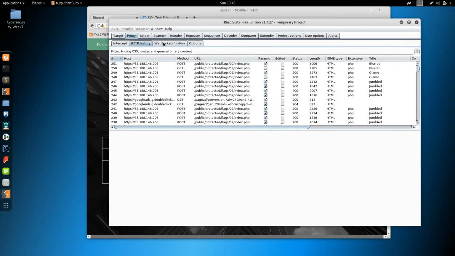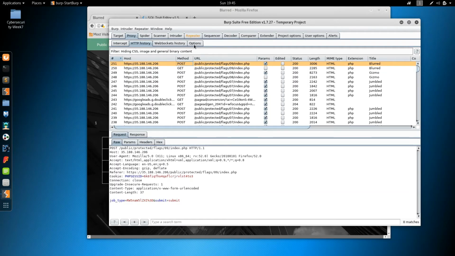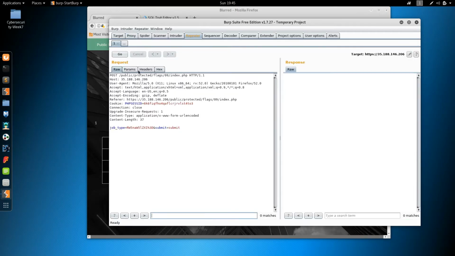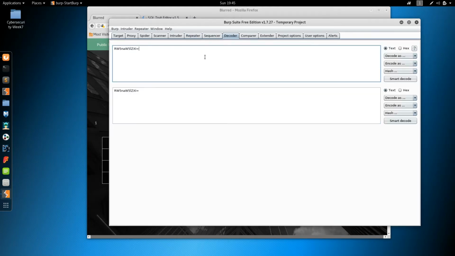So we can go over here to the repeater. Actually, yeah, let's send this over to the repeater. And this is what we get. If we do it again, we get the top 3 engineers. So let's go to the decoder and try to decode that phrase. It's probably base 64. And it says engineer. So let's encode something. Let's do our encoding. So let's do this, or 1 equals 1, and let's encode it as, let's see,